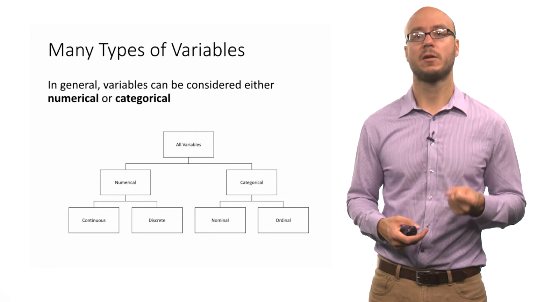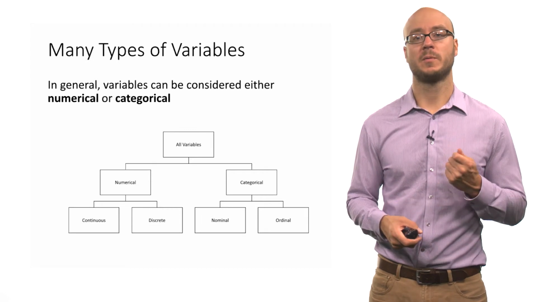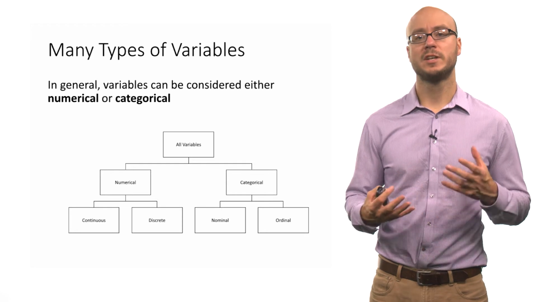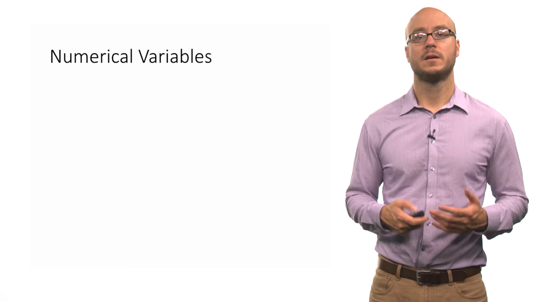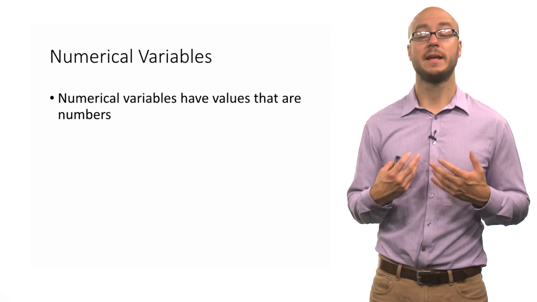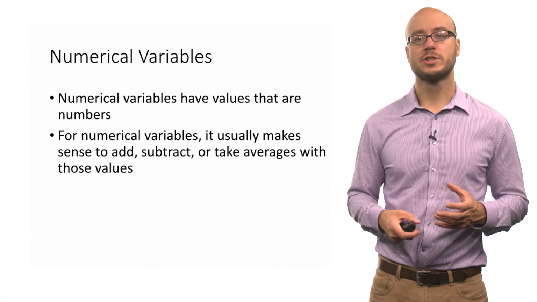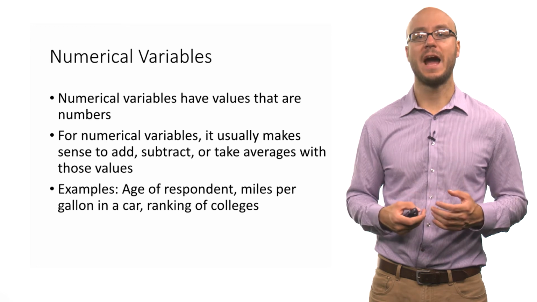When we talk about a numerical variable, sometimes people will call that a quantitative variable. When people talk about a categorical variable, sometimes people will call that a qualitative variable. But it's useful to distinguish between these two main types of variables. Numerical variables are variables that simply take on values that are numbers. So for numerical variables, it usually makes sense to add, subtract, or take numerical summaries such as averages of these